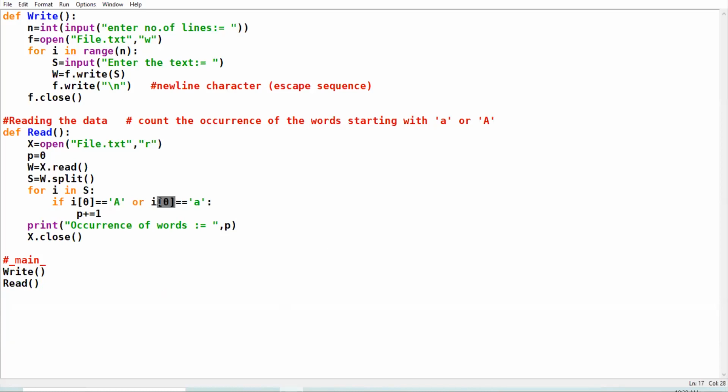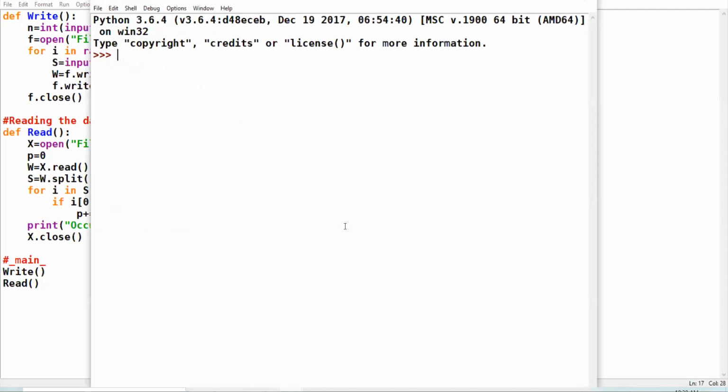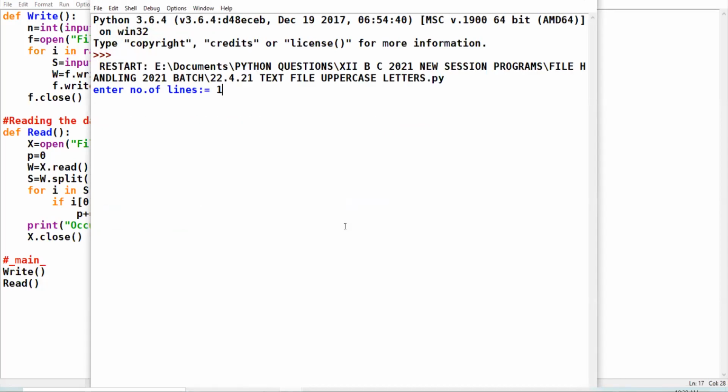I of 0. Clear? Number of lines 1. Admire the nature and be honest. See here, one is this word, one is this word.